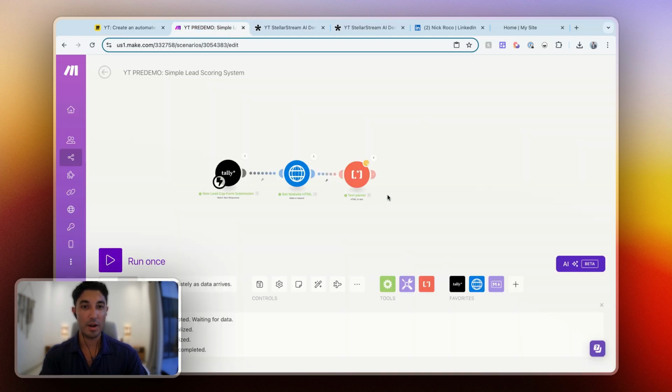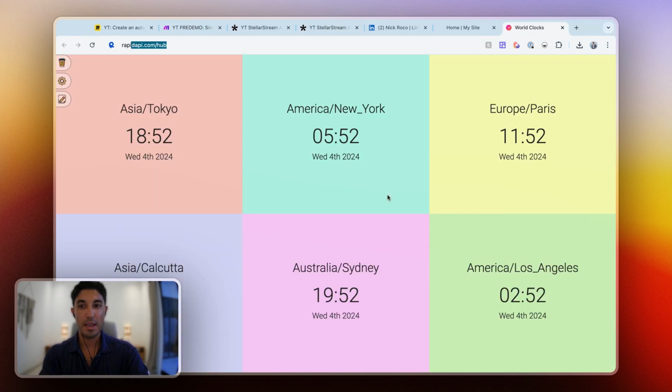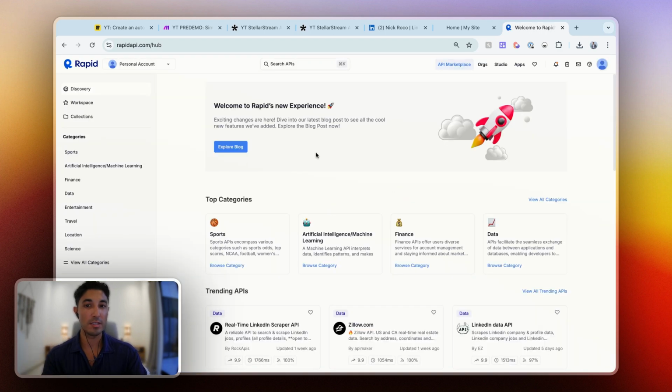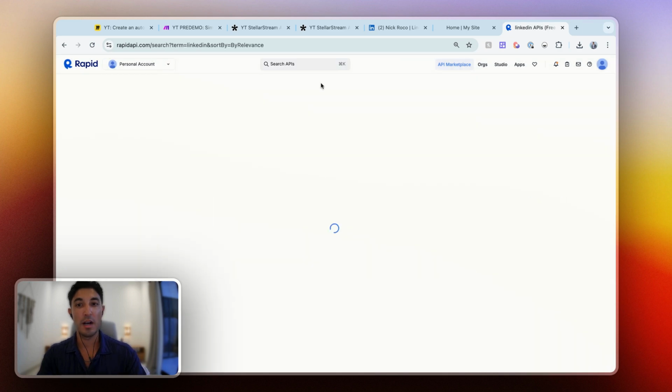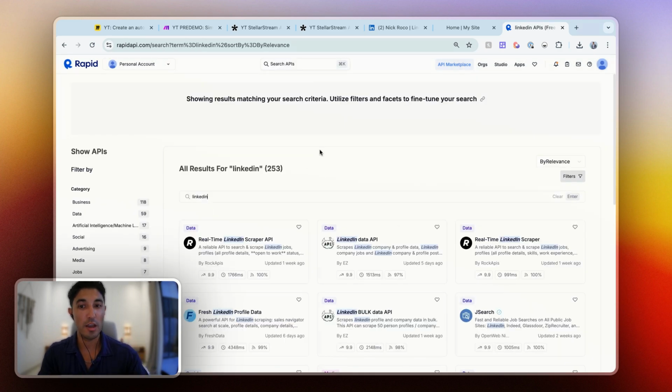So what we're going to do here is use a raw API coming from a site called Rapid API. If you don't know Rapid API, I use it all the time in many of my builds. To me, it's like the level up that you need to be learning as an AI automation person. They have thousands of different raw APIs that you can use in here, including ones for LinkedIn, TikTok, all the social media platforms,